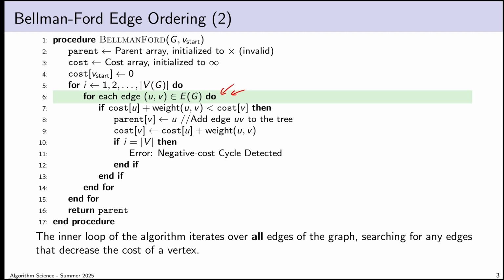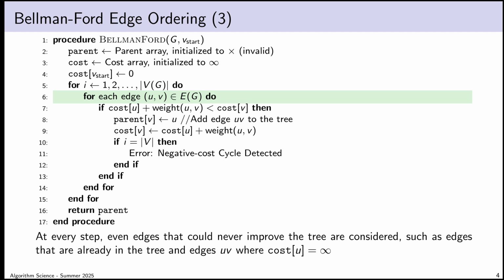But the thing here is that the inner loop relaxes all of the edges of the graph at each iteration of the outer loop, searching for any edges that incrementally improve my solution. The issue is we observed during the examples we did last time that there are lots of edge relaxations that clearly won't help us, and that we might actually know that in advance.